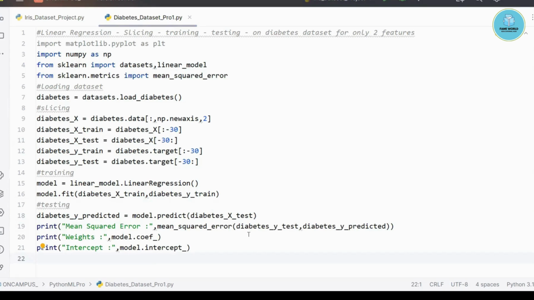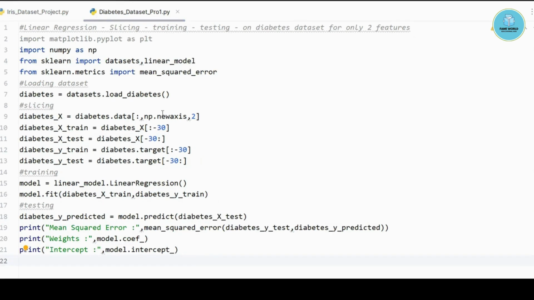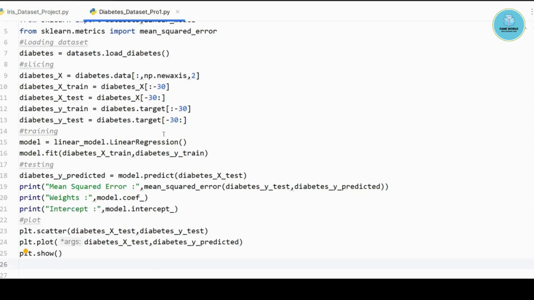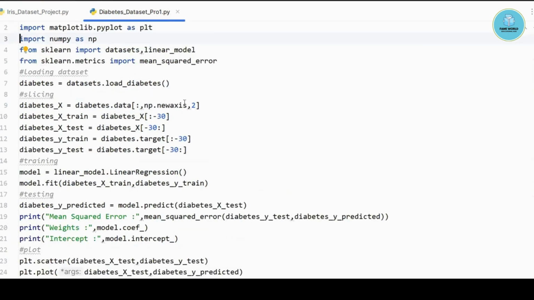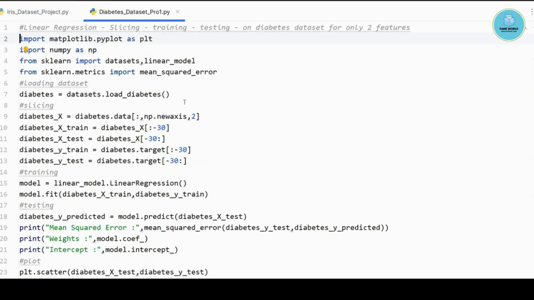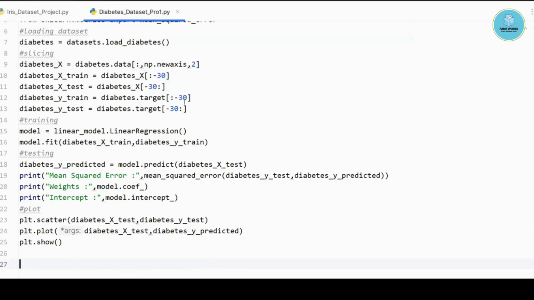These are predefined in the sklearn module, and this is giving us the coefficient and the intercepts. Now the next thing which we require, that is the plot, the graph. So as we are simply taking the matplotlib, we are taking the matplotlib to create the plot, that is the graph itself. So here you can see, here we have taken the matplotlib module and the NumPy.